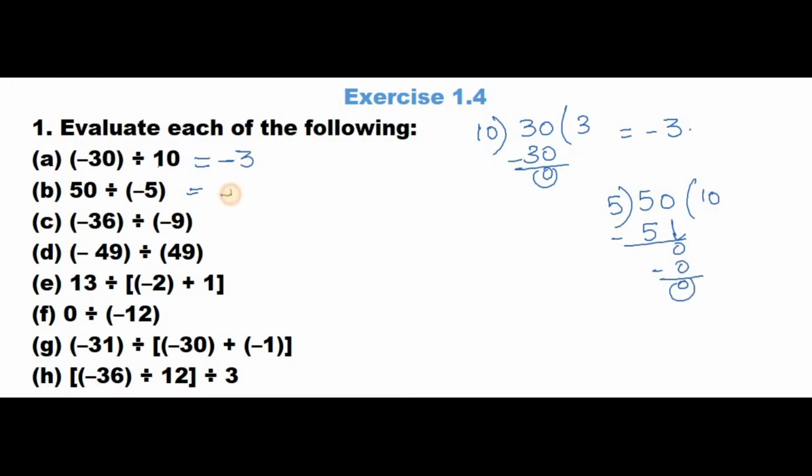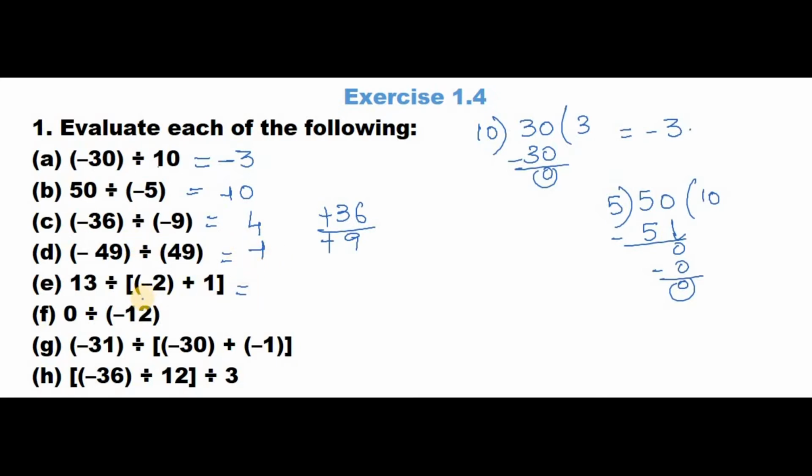And here the answer will be minus 10. Of course, we all know that the quotient is going to be the answer. And in the 9 table you will get 9 fours are 36. So minus 36 divided by minus 9, the minus and minus will cancel, and we'll get only a positive number. Minus 49 divided by 49, and we all know that 49 comes one time, and minus 1 because only the dividend has a symbol.